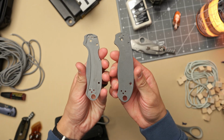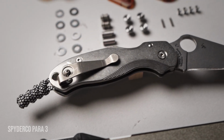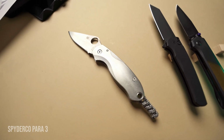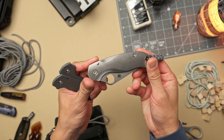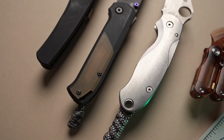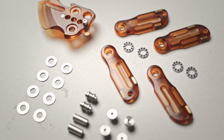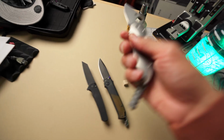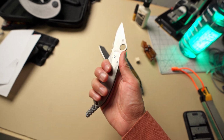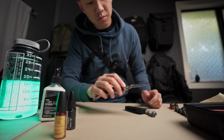When the look and feel just isn't as dialed as you'd like, swap out those boring flat G10 handles for some custom fitted third-party scales. These titanium Lotus scales from Flytanium on my Spyderco Para 3 are just one example in a very large sea of options when it comes to materials, contours, and aesthetics for your specific knife. And it's not just about looks here. In many cases, these scales offer enhanced contours that really up the overall ergonomics of your tool, allowing you to get the job done more